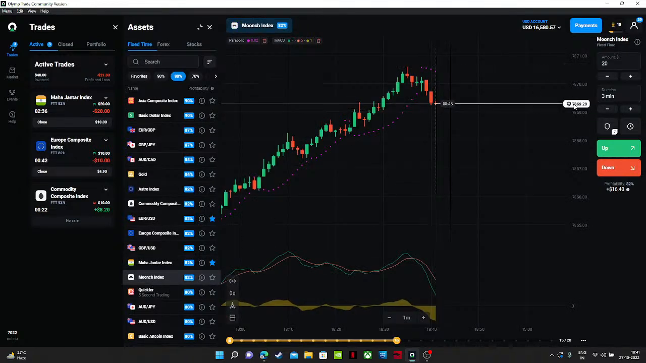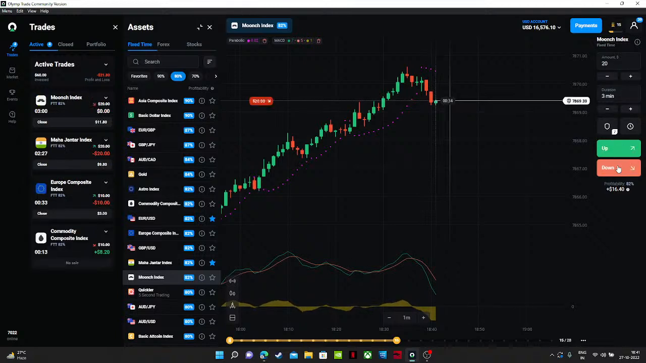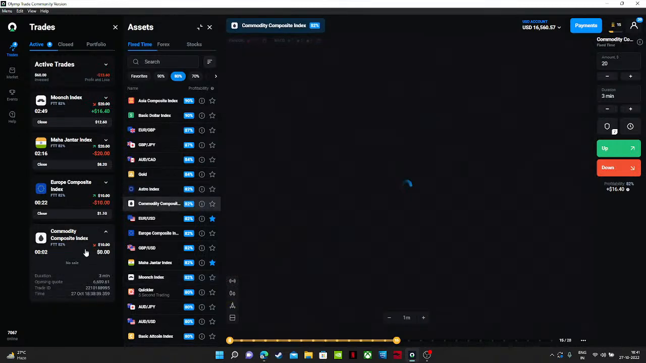Here also we have a confident entry. I think we can enter into a downside trade here as well. So 4 trades we have entered into, and we have, okay,